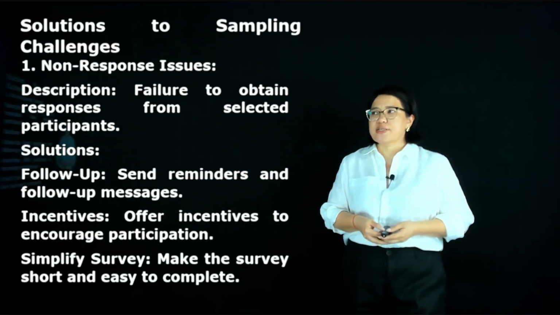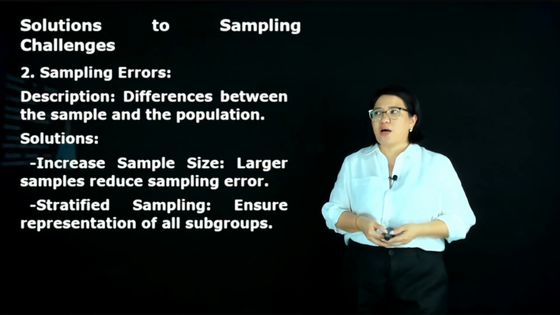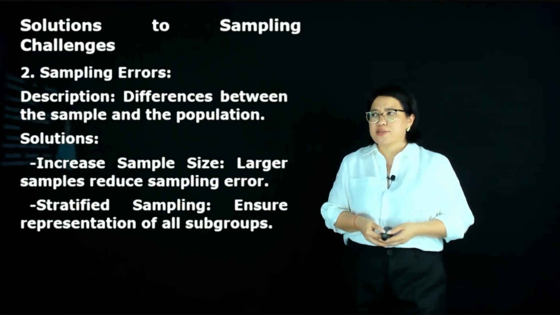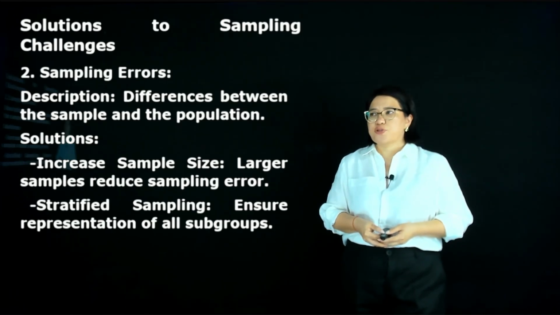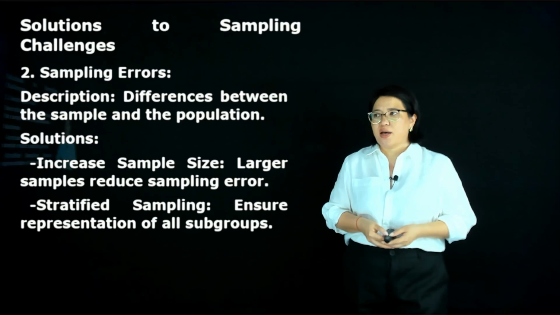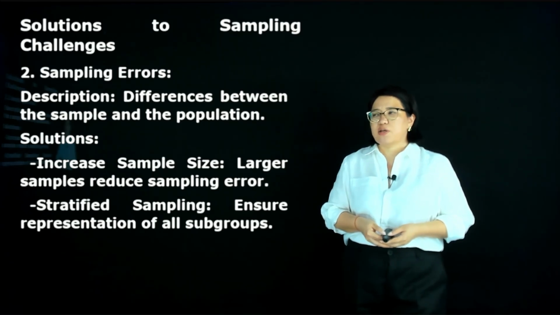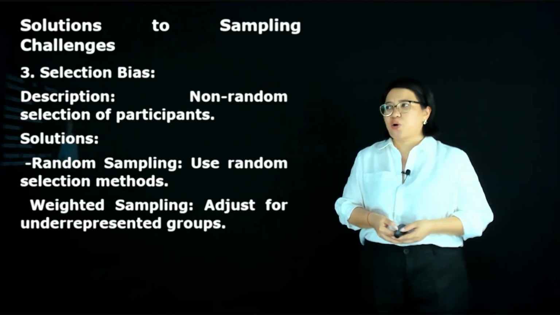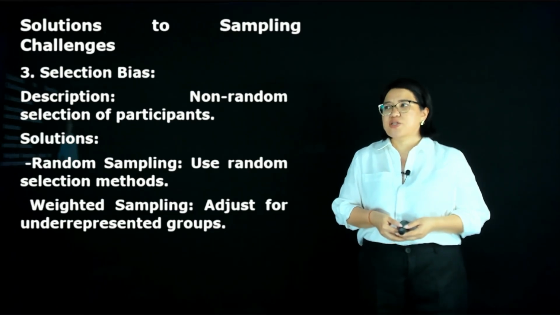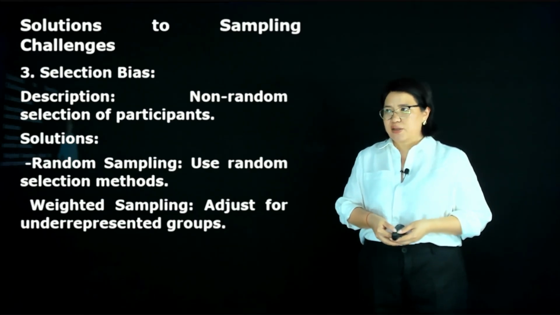Having considered non-response issues, now we consider sampling errors. The description is differences between the sample and the population, and the solution is to increase sample size and use stratified sampling. Larger samples reduce sampling errors and ensure representation of all subgroups. Selection bias is a non-random selection of participants, and the solution is to use random selection methods and adjust for